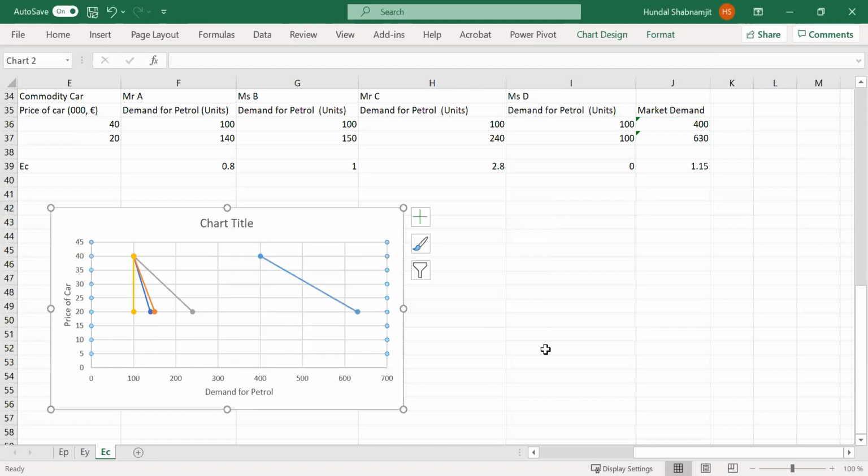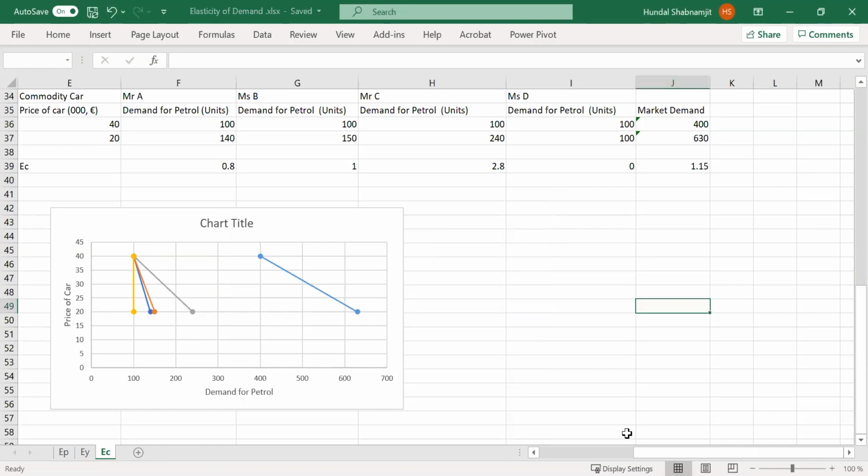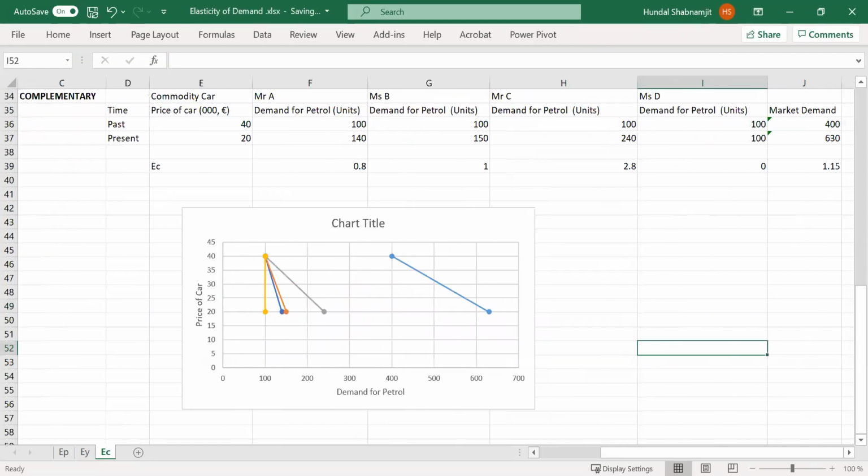If the price of the car is lower now, but why the demand rises? Just you cannot over fulfill the fuel tank in your car more than it's possible. So this huge variation, especially in the case of Mr. C, it's at the same time interesting and strange. So how is it possible?